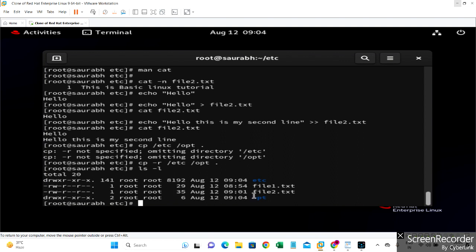If you are copying just simple files, then you don't have to specify the hyphen r. But if you are copying a directory having some data, then you have to use the hyphen r parameter. Okay. Now one more thing: you have some files, like I have some configuration files, and you want to select